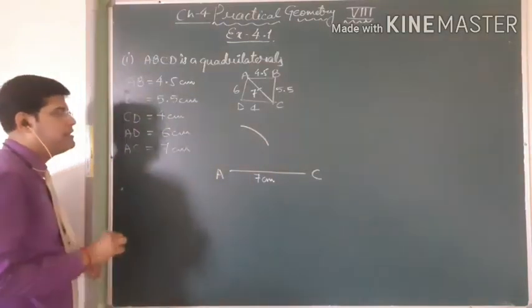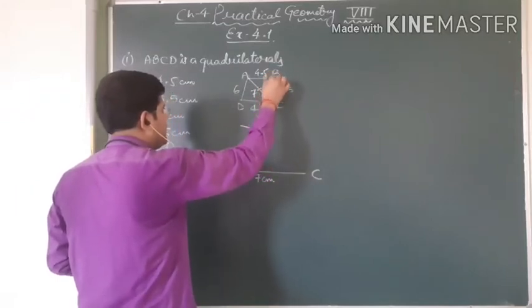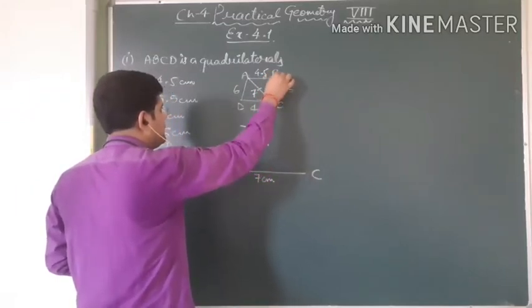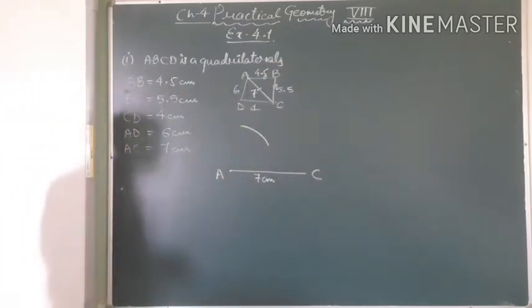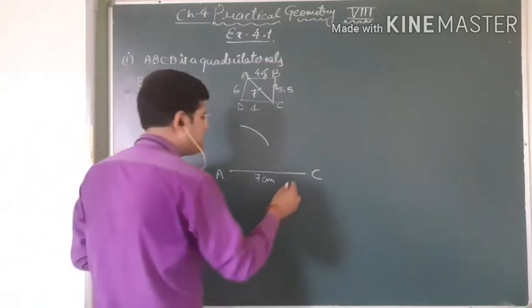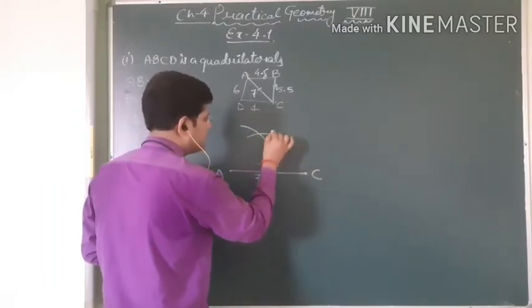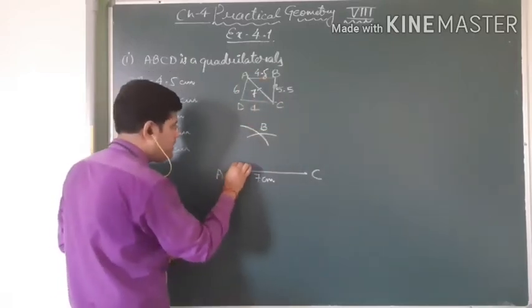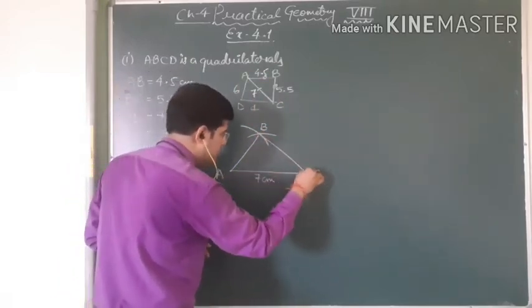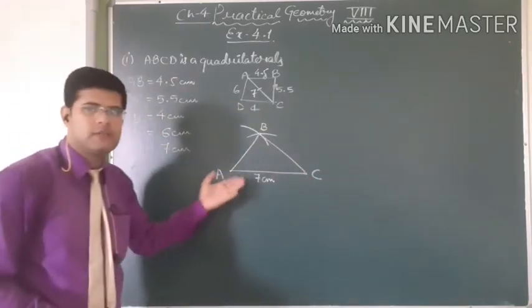Now from the point C we have to make BC, because AB we have made and BC will intersect at B. So through the point C we have to take the arc of 5.5 cm. Through the point C we have to make that arc also, and that intersects at point B. Okay, now join AB and BC. This sum is half done. You are able to see a triangle is formed.